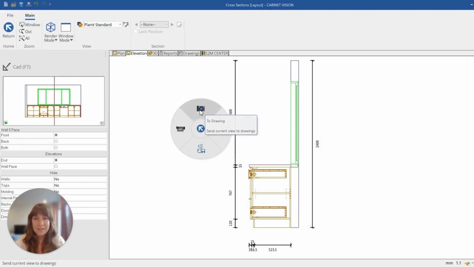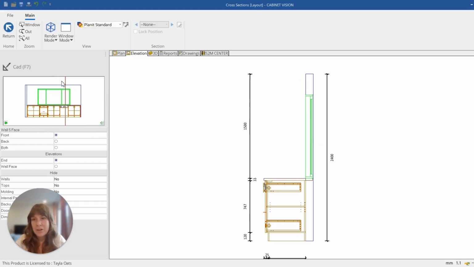And then once the little cross section view is added to the drawings, we can also add some notes if we want to. So with this little dialog box too, you might have noticed that there are two different arrows. So it's saying the red line is sort of like where is the vertical section that we're taking, and then the arrow is which direction are we looking in. So at the moment we're taking this section here and we're looking to the left hand side. So we can see everything to the left of this line.